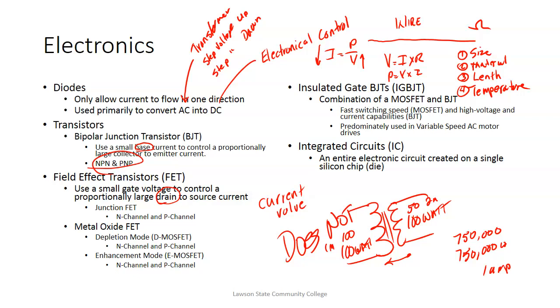But when I took it apart, I realized it was burnt up because I let it get wet. But there were a lot of these integrated circuits in there. If you could take your tablet apart, if you could take your computer apart, you'd see it's got a lot of integrated circuits in there. So some of our sensors actually have integrated circuits, and of course inside the actual PLC itself, there's a lot of integrated circuits. We refer to these as ICs, and basically what they do, we're not dealing with a lot